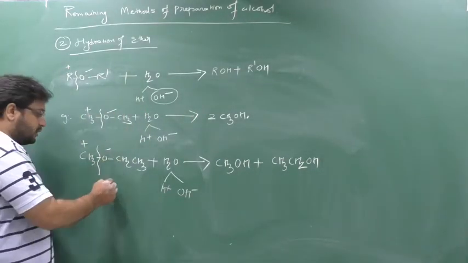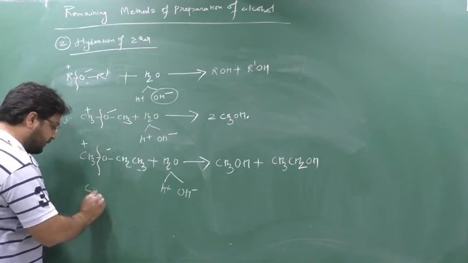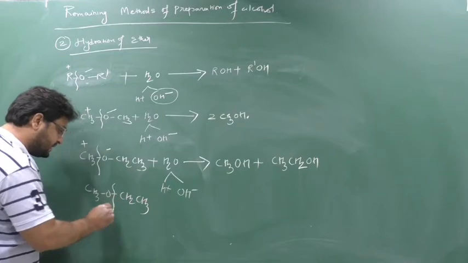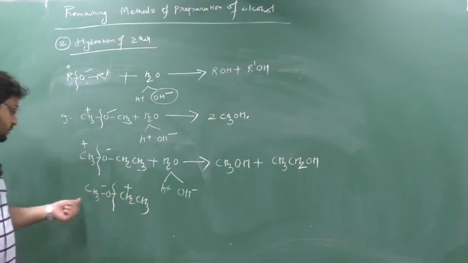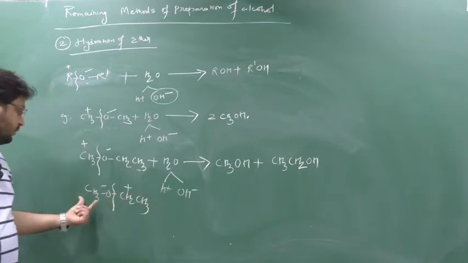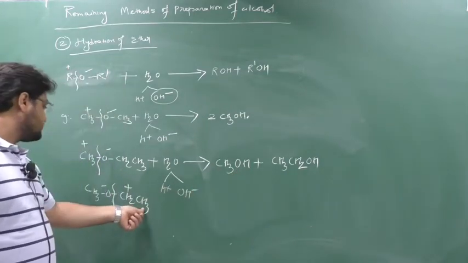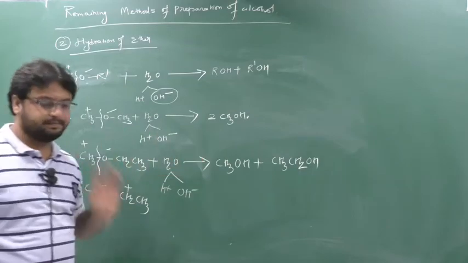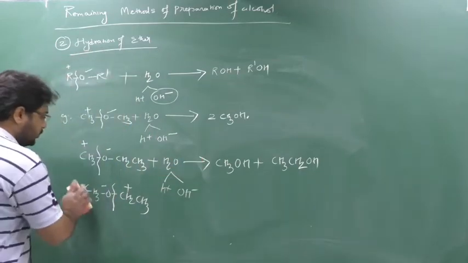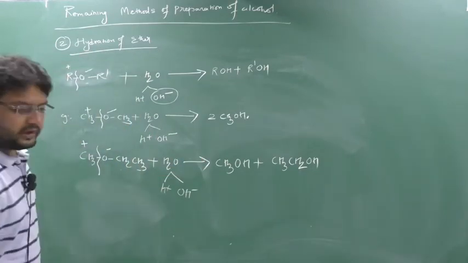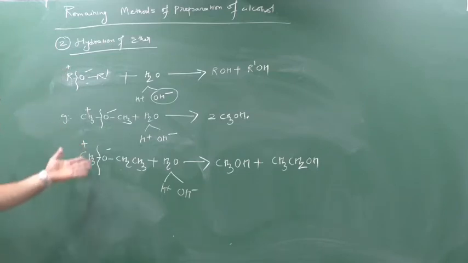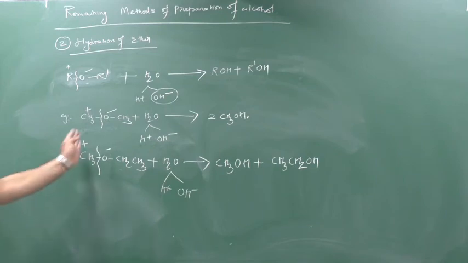If I split from here also, see, answer remains same. Or suppose if I would have split in this way, answer would have remained same. See, minus and plus. So CH3O minus H plus, I would have got CH3OH, CH3CH2 plus OH minus, CH3CH2OH. Answer remains same. There is not a rule for water, whether you take symmetrical ether or unsymmetrical ether. You can do any splitting. If you do that type of splitting, answer remains same.